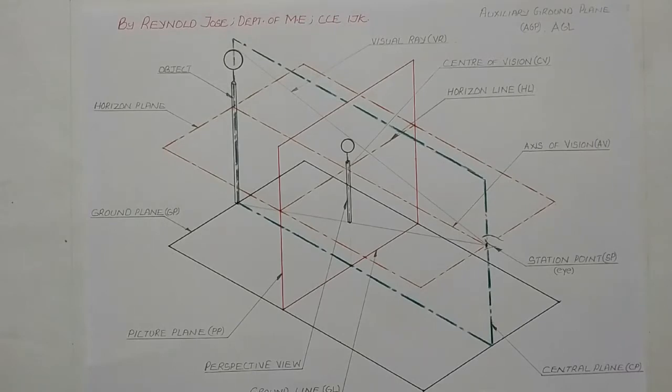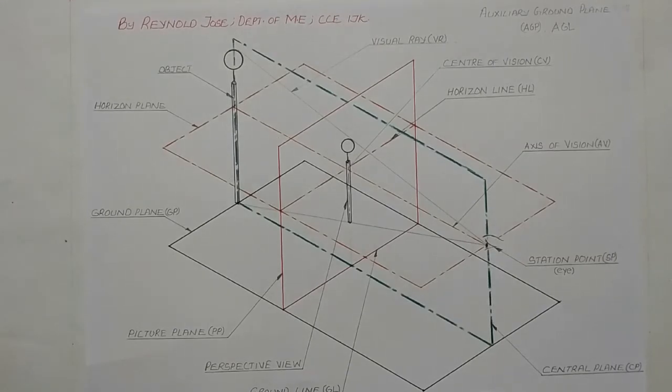In orthographic projection, usually we'll be having two planes of projection. One is the horizontal plane, another one is the vertical plane. And in some rare cases, we will be using a profile plane also in order to get a side view. So on the vertical plane, we'll be getting a front view, and on the horizontal plane, we'll be getting a top view. When you are getting a front view and top view, usually these images will have the same size as that of the object, and in all these cases our assumption is the observer is at infinity.